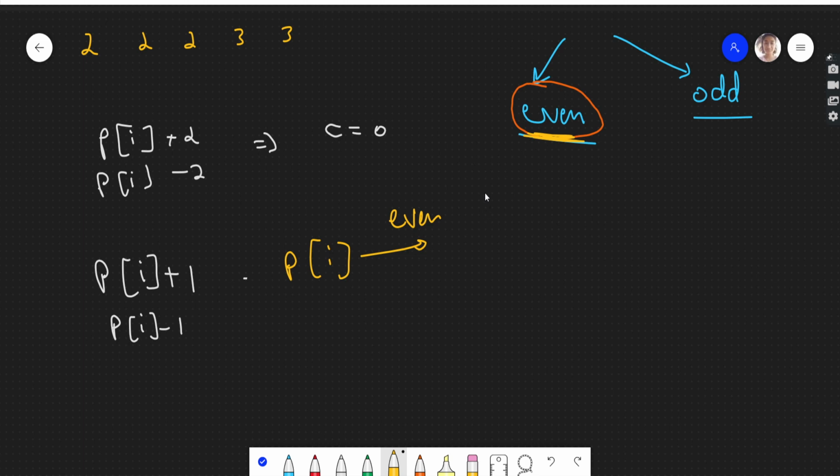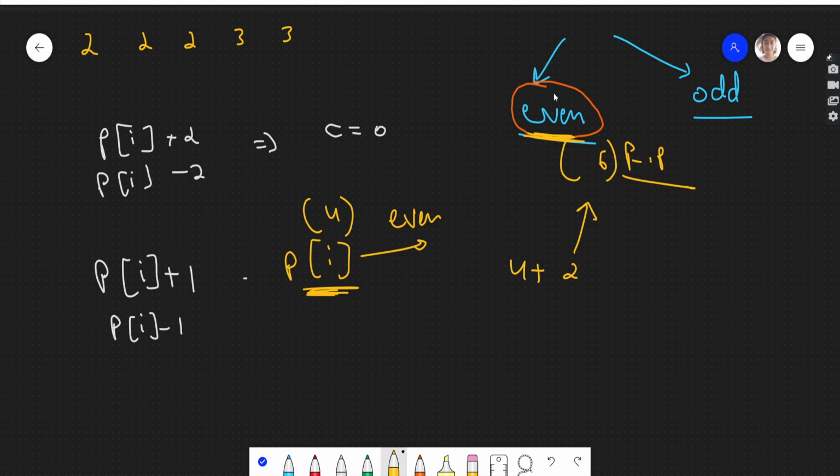There will be no cost, because see, let's say the final position is 6, and p of i is currently 4. So if p of i is 4, what will I do? I will add 2 to the current p of i and I will go to 6. So my chip which was at p of i will go to the final position. Final position is this 6.